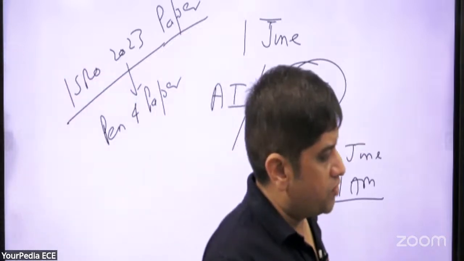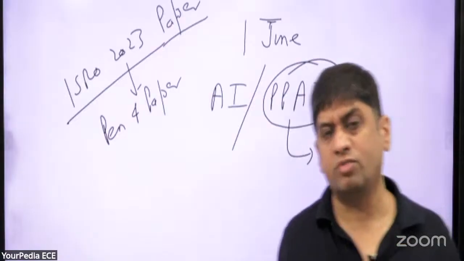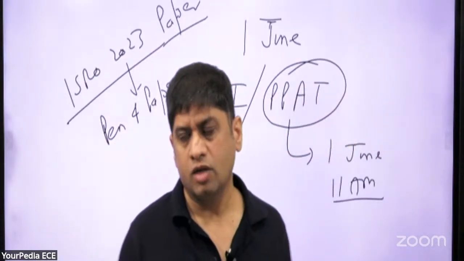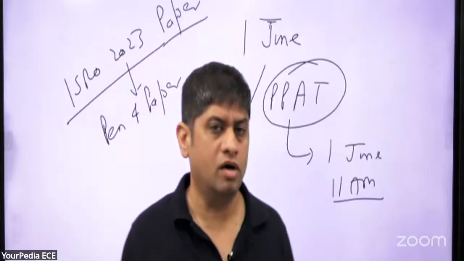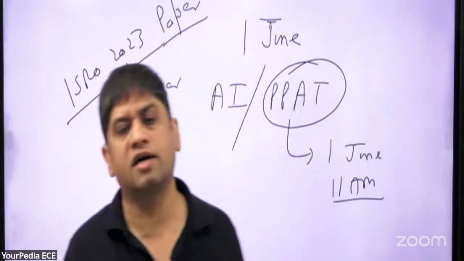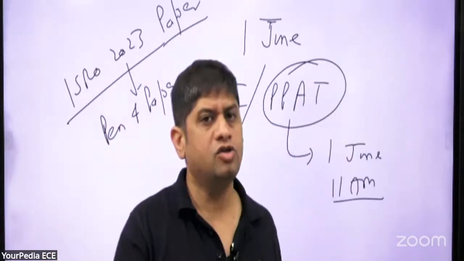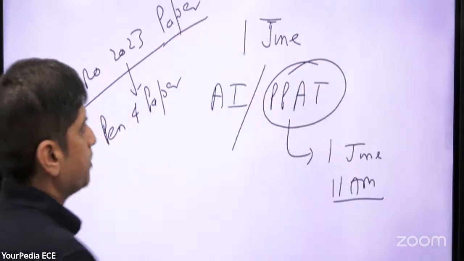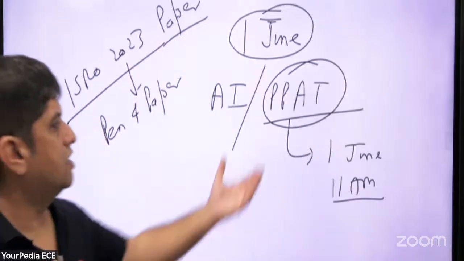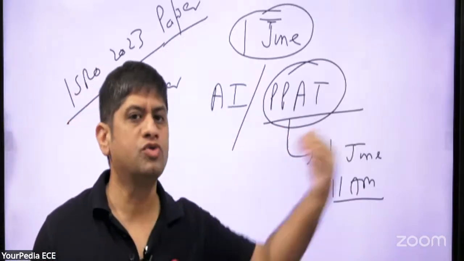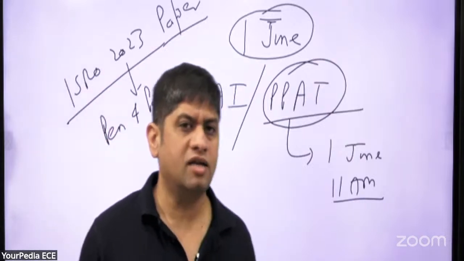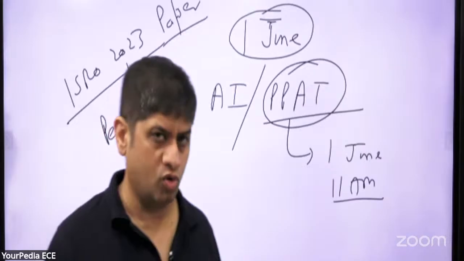And the 2023 paper was a pen and paper type paper, that means it was not CBT. And the 2025 exam, which may be conducted in December, is also not going to be CBT. That also is a pen and paper type paper only. pen and paper type ही question रहेगा, CBT नहीं होगा. And you should start your preparation of ISRO with PPAT. This PPAT is nothing but where do you stand, और उसका सारा detail analysis आएगा, because the paper is set in such a way from where ISRO asks you more questions.